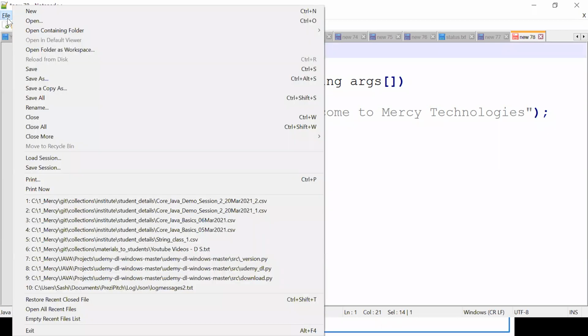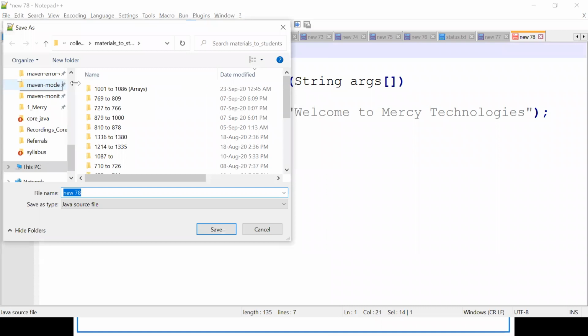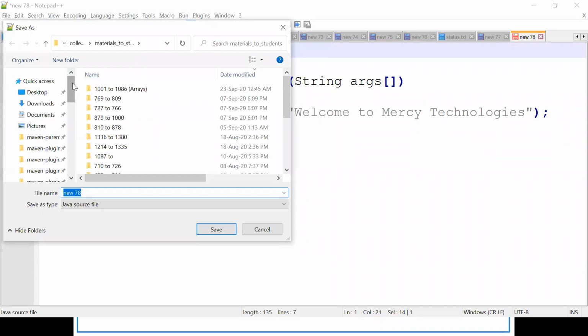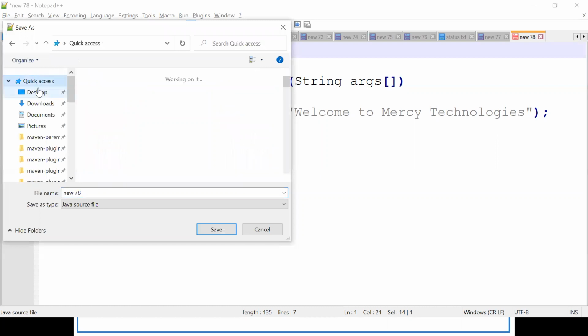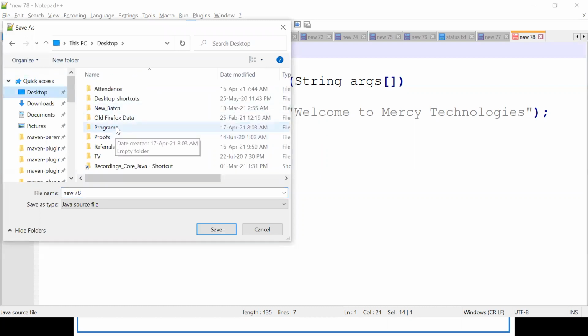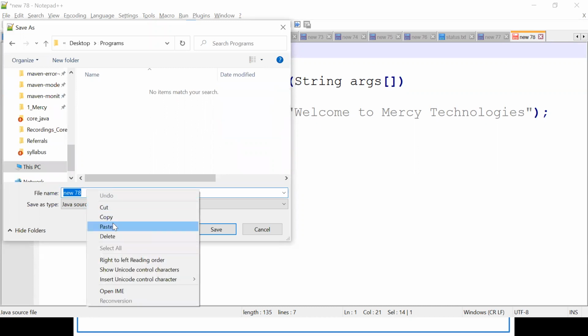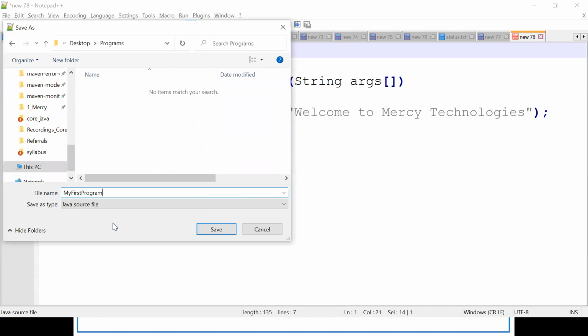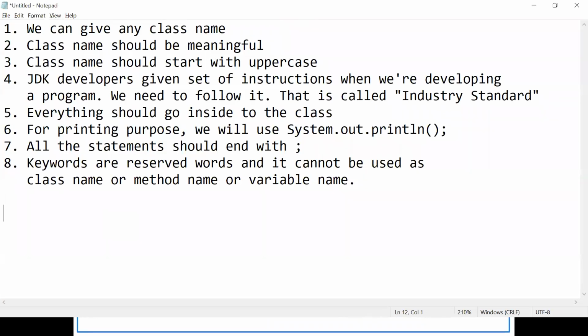Again, go to File, Save. In desktop, I have created one directory called programs. Go inside, paste the class name here: My first program .java. You should store it with the extension .java, right?